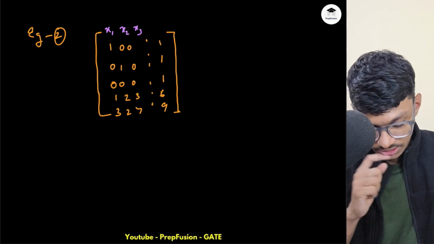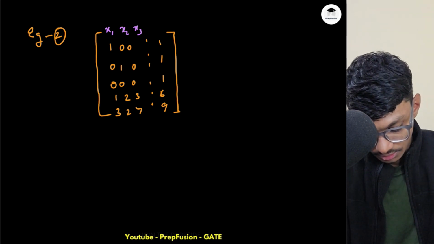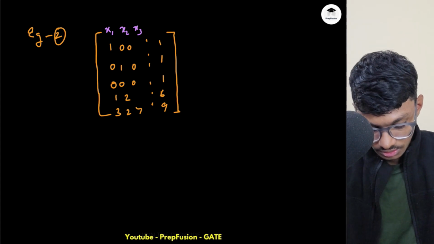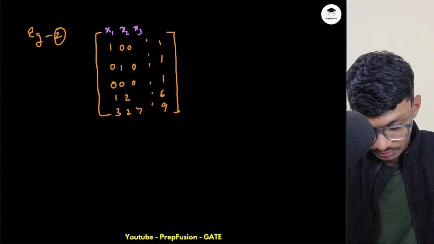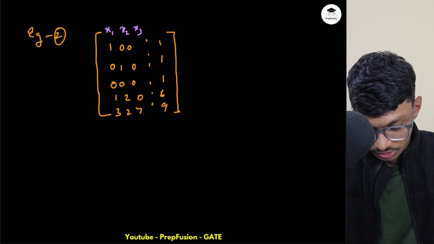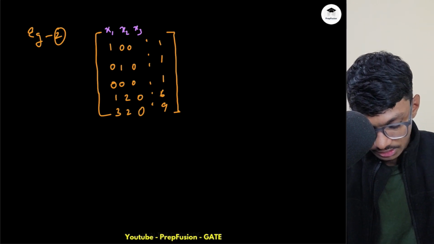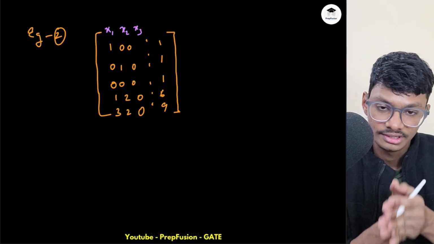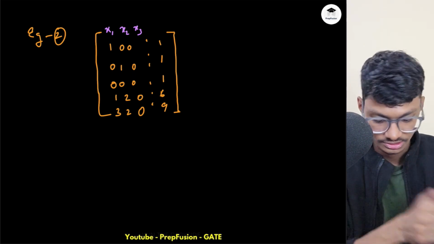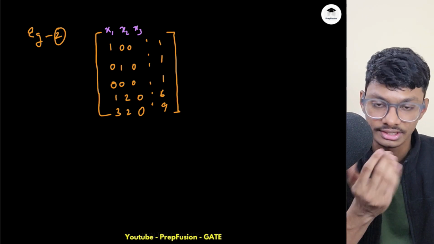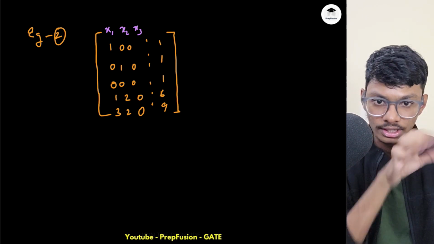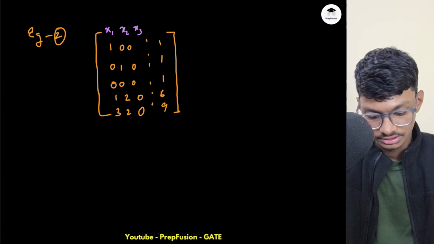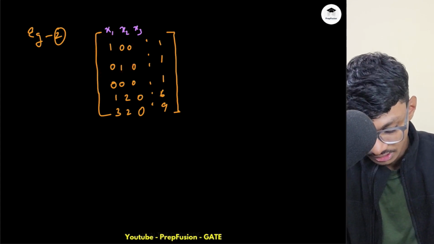So just for simplicity, the rank is 3, but I will change this to something else. I will simply make this 0 and also make this 0. Again, these three are linearly dependent. I will talk about linearly dependent and independent in the next section, but I hope you are understanding it. Linear means power 1, and dependent means they can be written in some relation with the previous two rows, right? So these three are the